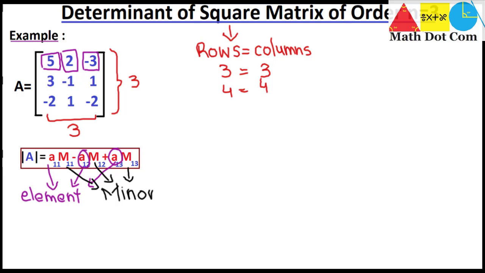So let's see how you can find the minor of the elements one by one. First of all we will find M11. M11 is the minor of the element at the first row and first column. I will represent it by the green color, as this is the element at the M11 location. In order to find the minor of an element, we have to delete the row and column in which that element lies.